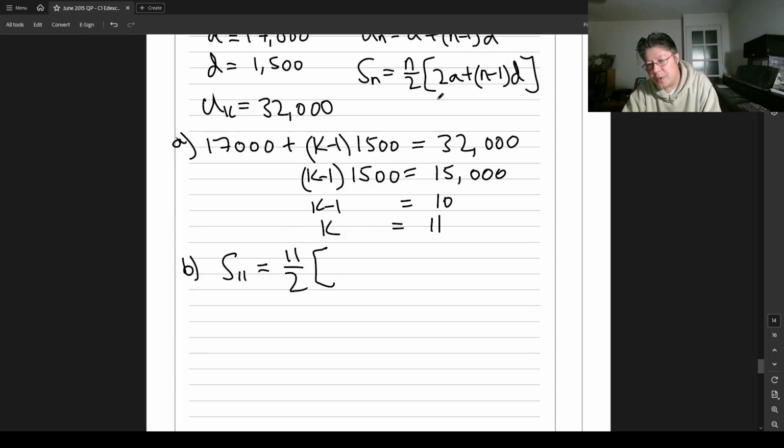And then 2a, so that's 2, and first term 17,000, plus n minus 1, which is 10. And D is 1,500. So let's work that out. So it's 11 over 2,